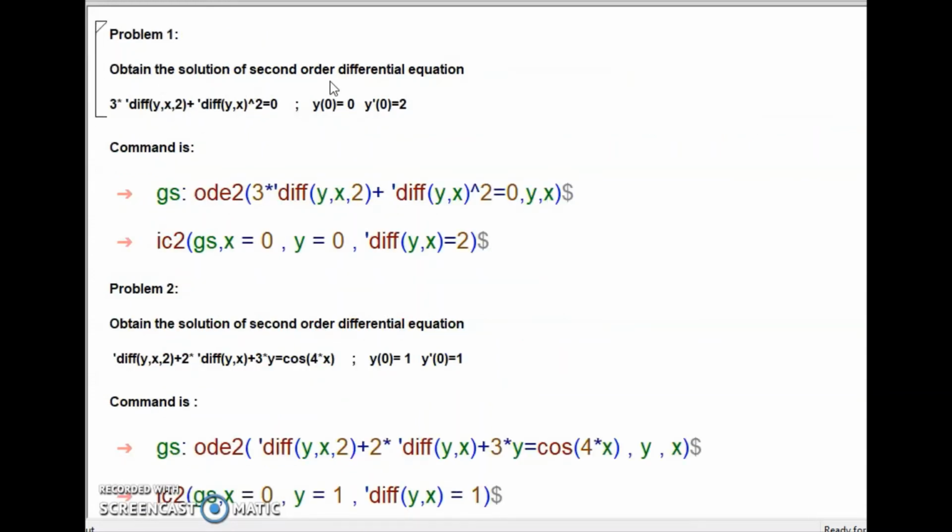Obtain the solution of the second order differential equation. So this is your second order equation. You can see here, because we have placed 2 here, it means d square y by dx square. And you can observe that x is the same for both the conditions, x equal to 0. Therefore this is the initial condition. The value of y is different. So here y is 0 and here y dash is 2. Now you can pause the video and type these equations and run the command yourself. I'm going to give you a few seconds for that.